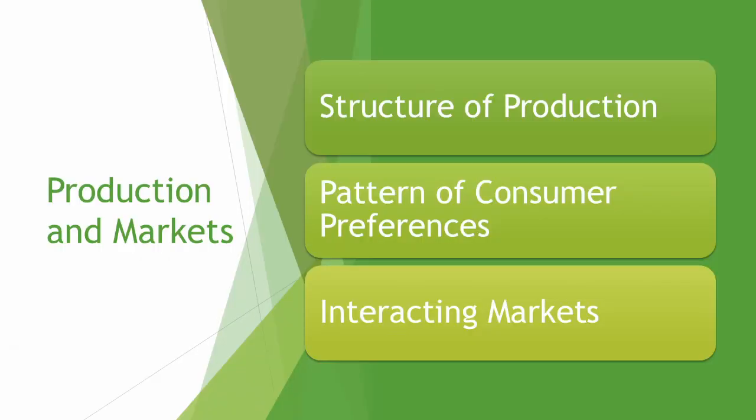The structure of production in an economy refers to how resources are organized across different industries and firms. The pattern of consumer preferences is the way consumer demand is distributed across different goods and services. The structure of production can be matched to the pattern of consumer preferences by firms responding to price signals and changes in demand. How markets interact with one another is shown by changes in one market affecting supply and demand in related markets. This affects productive and allocative efficiency as resources shift towards their most efficient and valued uses.